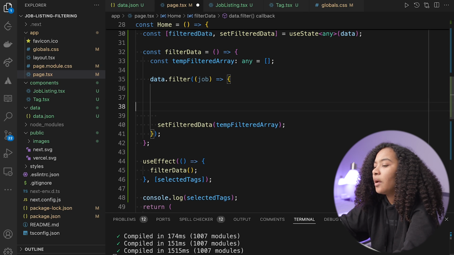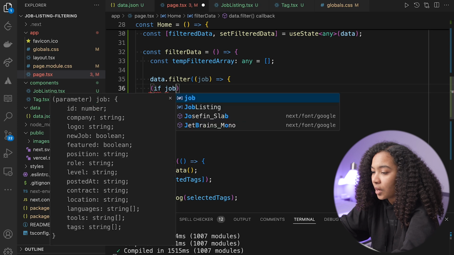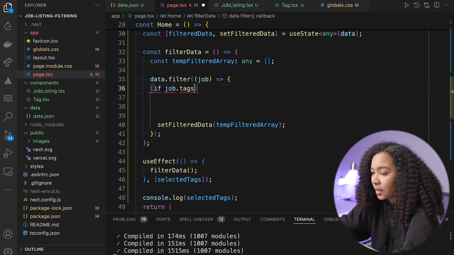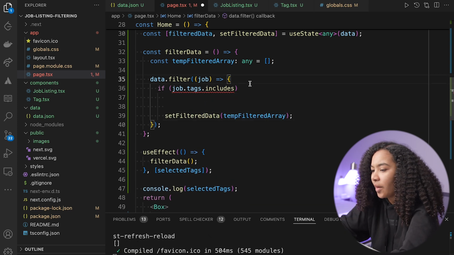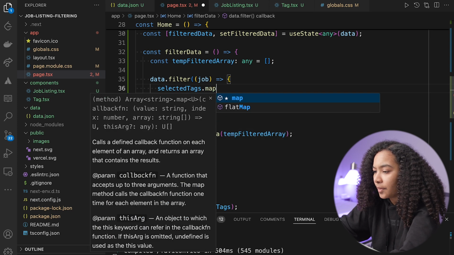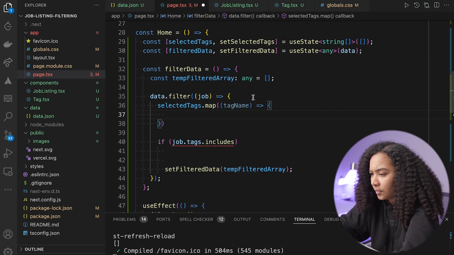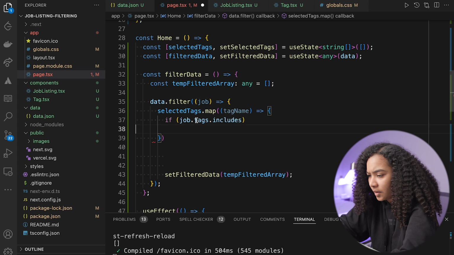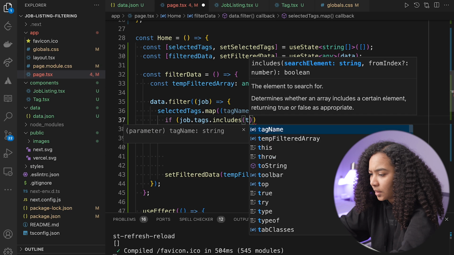All right, and then we're going to say data.filter through the job, and we're going to say if job.tags includes, then we map through the tags. So we say data.filter that, and we say selectedTags.map for each tagName. We'll say if job.tags includes tagName,